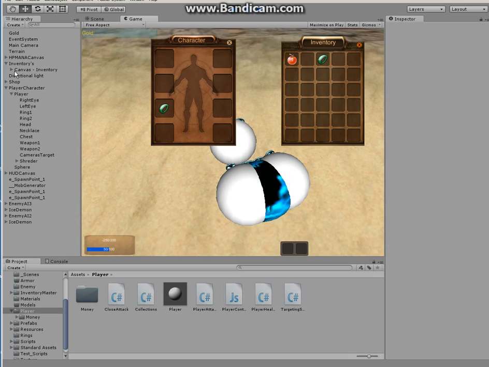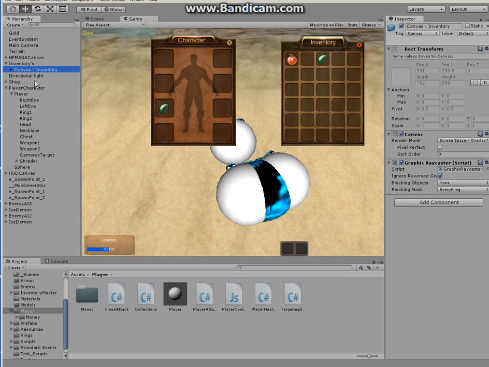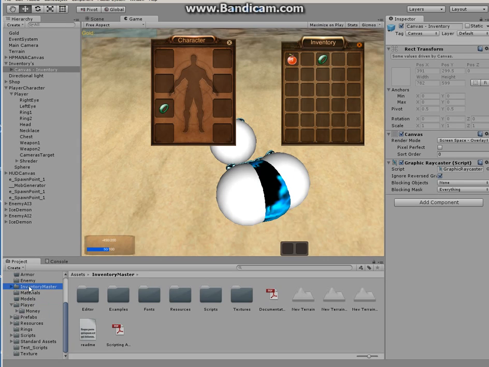As you can see on the left side, under the project, the file is called Inventory Master. So if you know what I'm talking about, this video is about how to upgrade this inventory when an item is equipped. Now you can already increase and decrease the stats of the player, but how do you